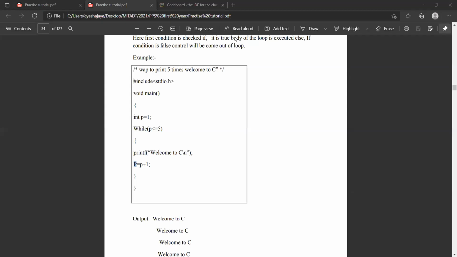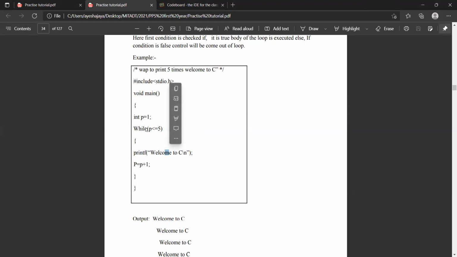It will be printed only 4 times. No, p can be 0. If suppose p is 0, it will start from 0, 1, 2, 3, 4. Now what we will do, I'll just show you this program over here. First, let me complete this. So printf will print "welcome to C". You can initialize p to 0 also, that is not an issue. But then the condition will be less than 5, not less than or equal to 5. Why? We will see that.